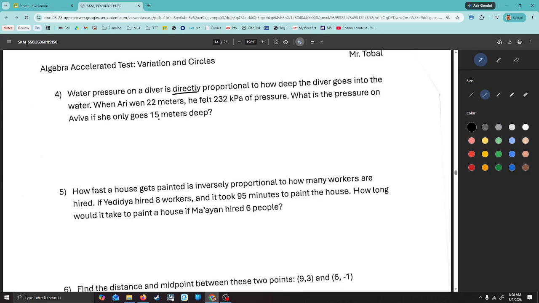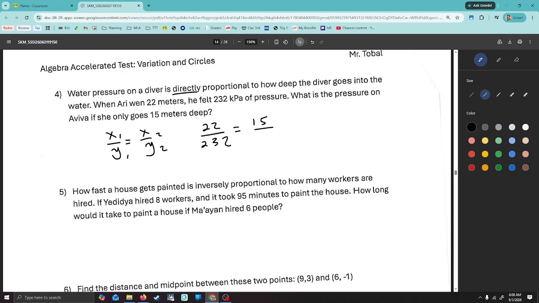Now, in this case, it's proportional. So you should just identify your variables. So x and y equals x and y. I think I called it 1, 1, 2, 2. But it's the same. You're just setting a proportion up. So since it's directly, it's a fraction. So x1 y1 over x2 y2. When Ari is at 22 meters, it's 232 equals Aviva is going to go 15 meters,